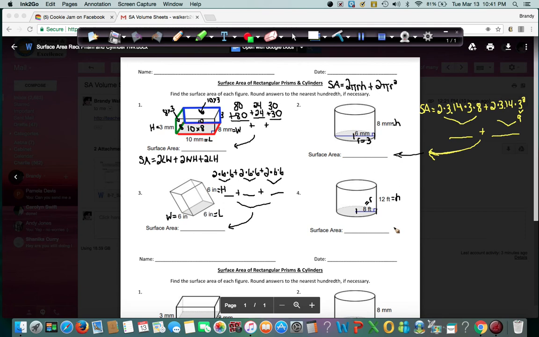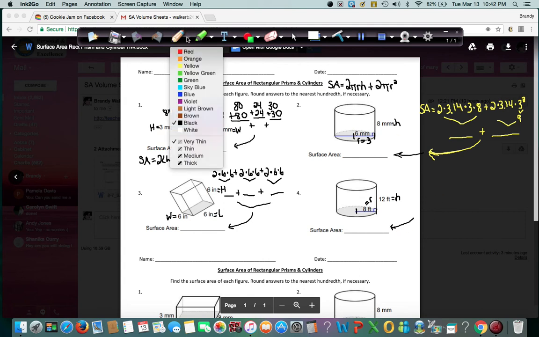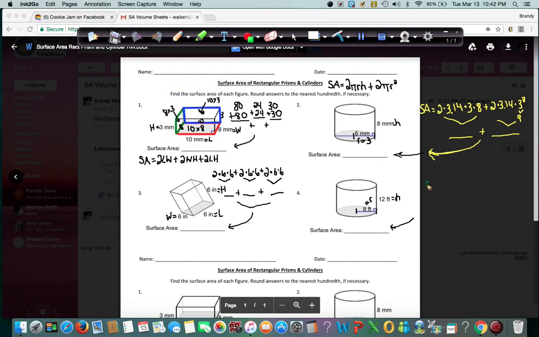Alright, so again, I'm going to come over here and do all my work. This time, let's see, I wonder if green will show up. Let's try green. So we'll do surface area. Oh, that's nice. And we're going to have 2 times 3.14. Kind of like that better than the yellow. What do y'all think? Times my radius, which is 8 in this case, times 12, which is my height,